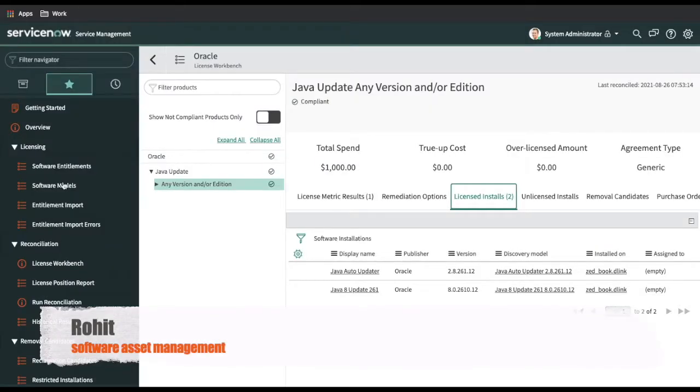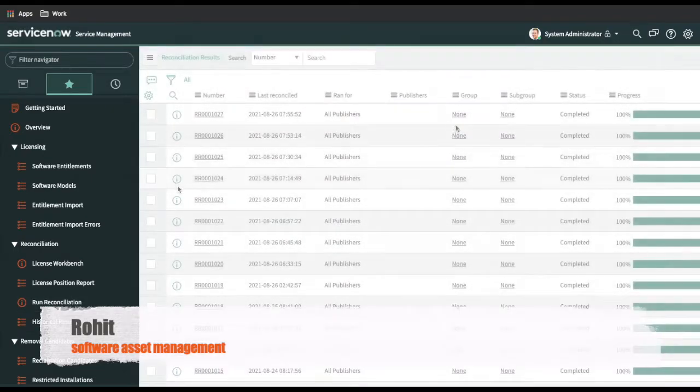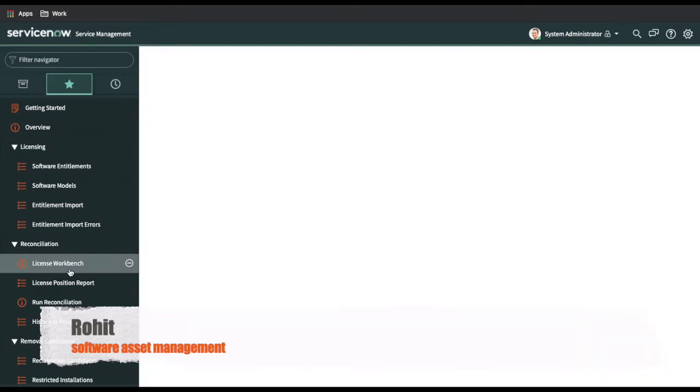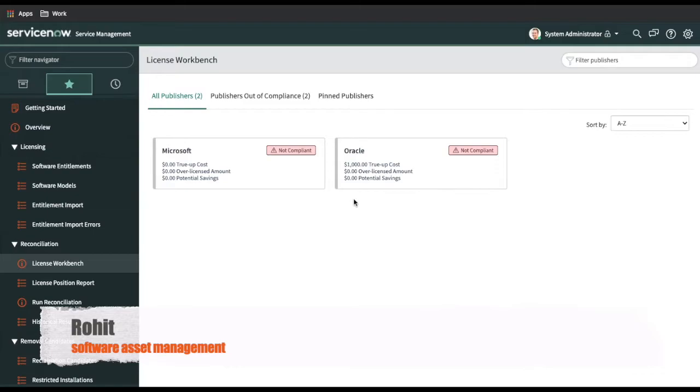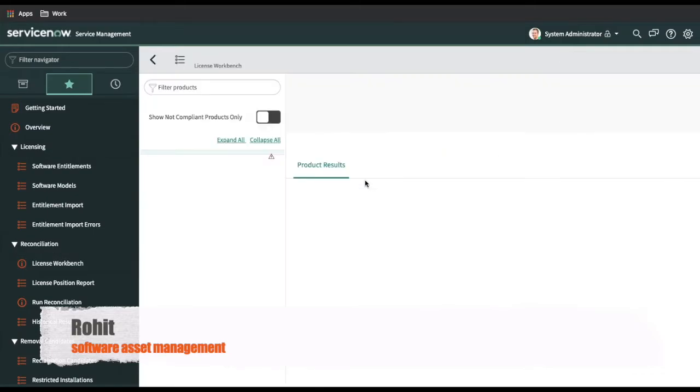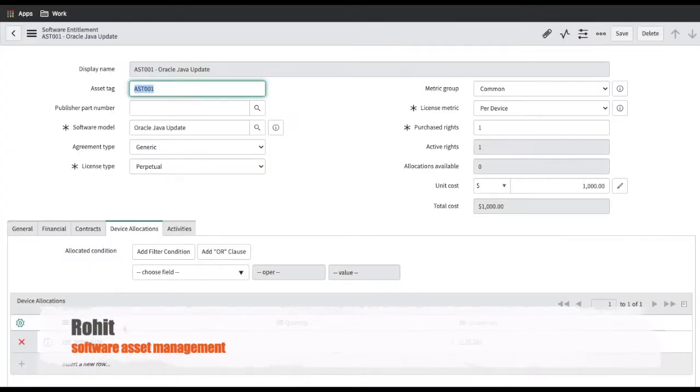Now if I go back and run this reconciliation rule again, what will happen? So if I go to this license workbench right now, you will be able to see that Oracle is also non-compliant. Okay, now if I open this Oracle one, why is it non-compliant? Because per device we take the license, and as per device, it is installed on the JetBook.